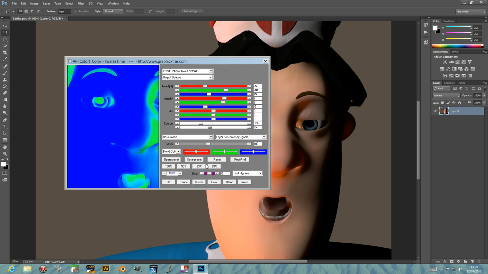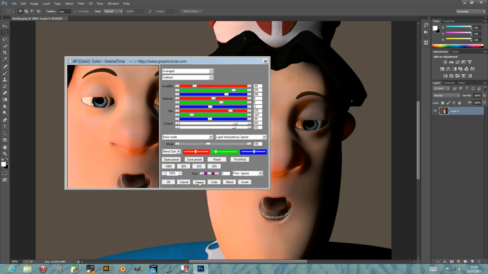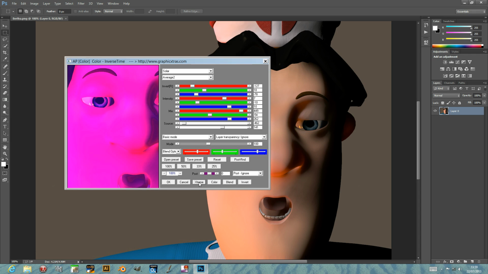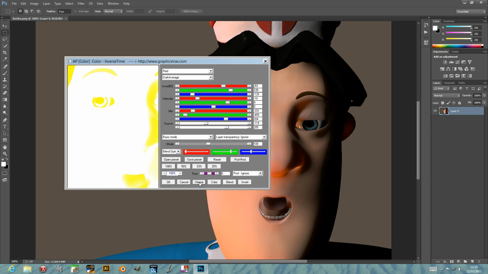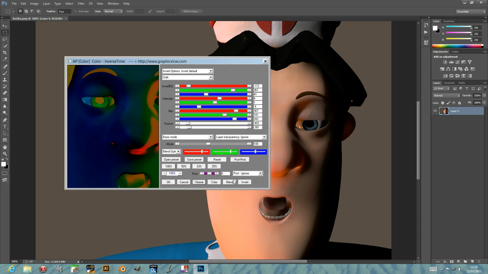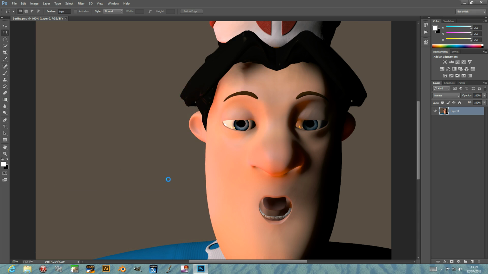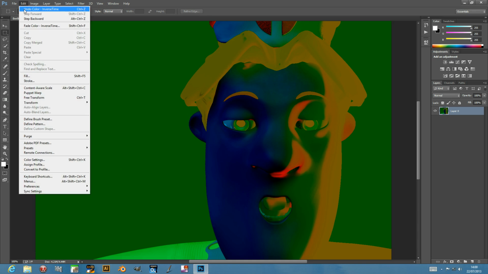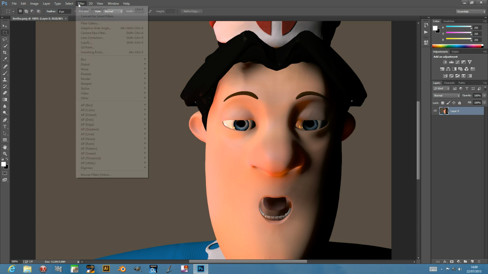Right. Once I've done that, you can also use the extreme option. That basically randomizes all the different settings in the plugin. So I can click extreme, and you can see different sorts of color inverts. Obviously it's color effects as well as just inverted. So I can go at that point, extreme, click OK, it just quickly runs and creates an unusual invert image. Right, go back to the colour,